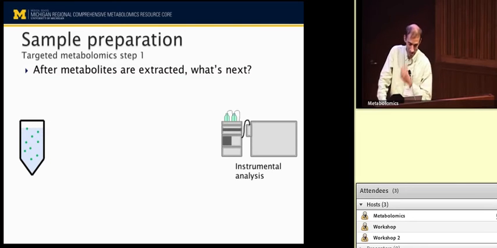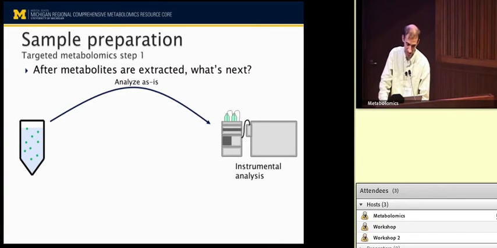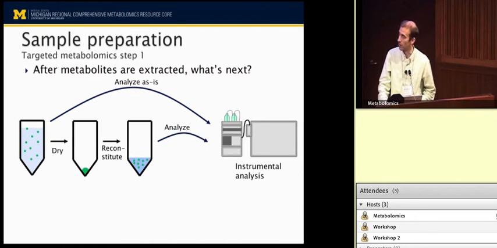Okay. So after metabolites are extracted, what is next? The goal is to get from your sample to your instrument. One possibility is you just analyze your extracted sample as is. You inject it on the instrument. And that's really nice when that works out. The other option is that you may need to dry down your samples and reconstitute them in a different solvent to make it compatible with an instrumental analysis. We'll do that if we need to, as long as your samples are stable to that, and the core lab will hopefully have